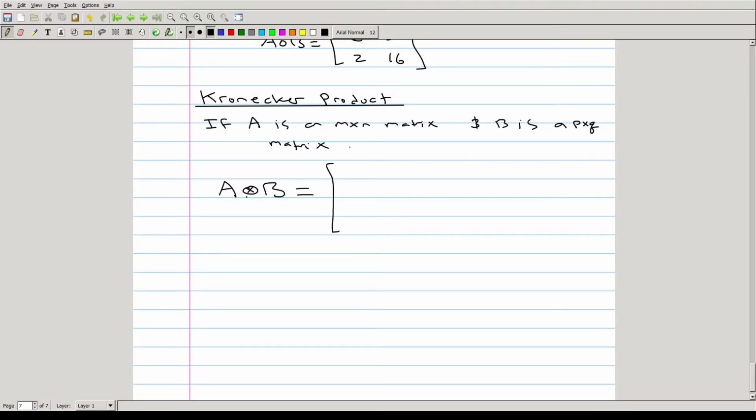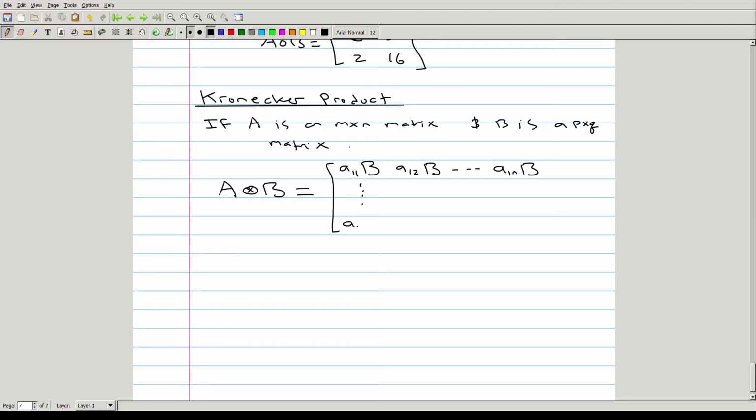We say that this is a new matrix that we can express as a block matrix. So we take all of A and do the scalar product A11 times the matrix B, A12 times the matrix B, and so on, all the way to A1n times B,